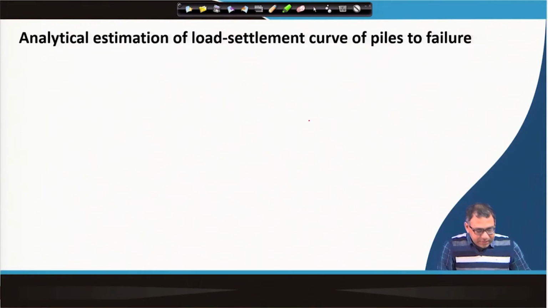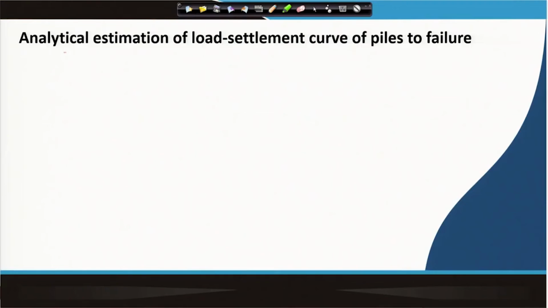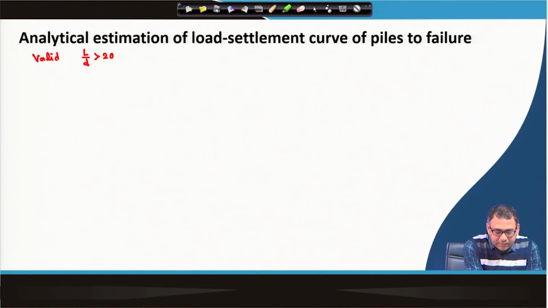So, the next part is how I can use this analysis and how I can estimate the load settlement curve for a pile up to the failure. So, this analysis is valid for L by D greater than 20. It is valid for L by D greater than 20